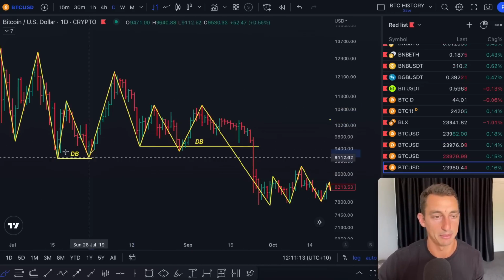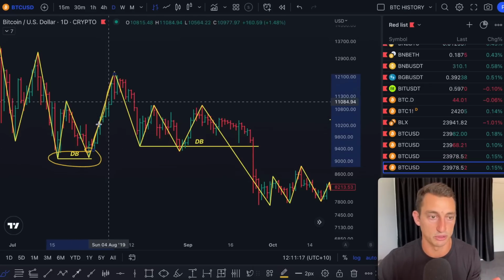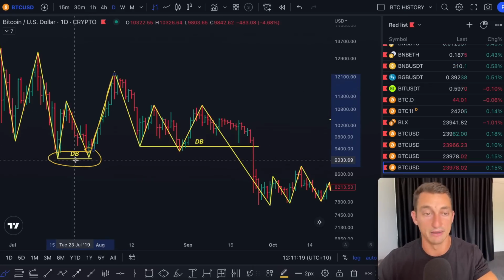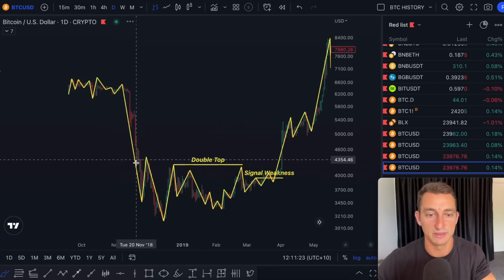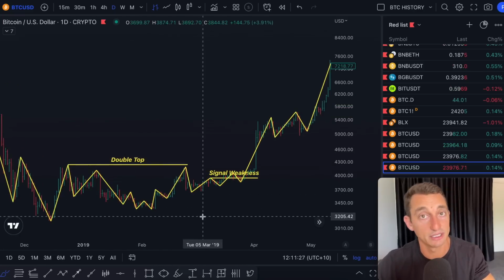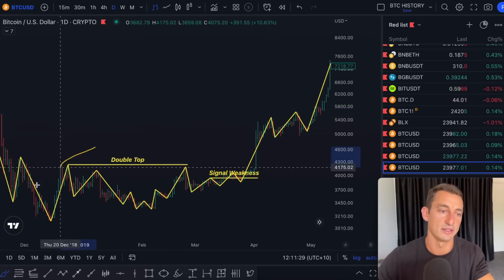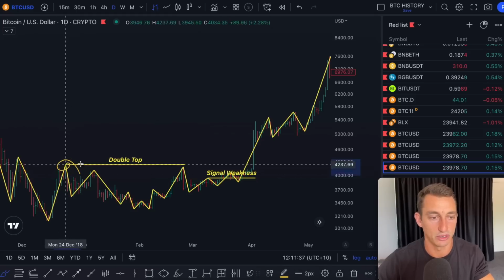You can see what happened here. We had the double bottom and the break past it. So there was still great trading opportunity when the signal worked out. But of course, we can see many times in history that the double top signal has failed. And looking back at the 2018, 2019 accumulation zone, this is a pretty key area that is being referenced right now in comparison to where Bitcoin is currently at in its pattern. You can see you had the double top,